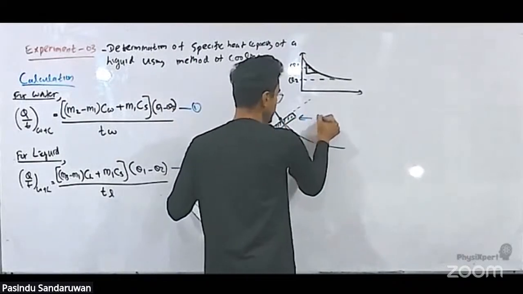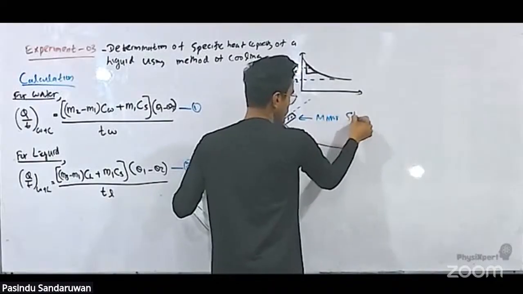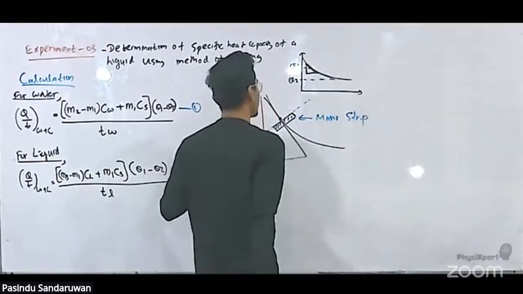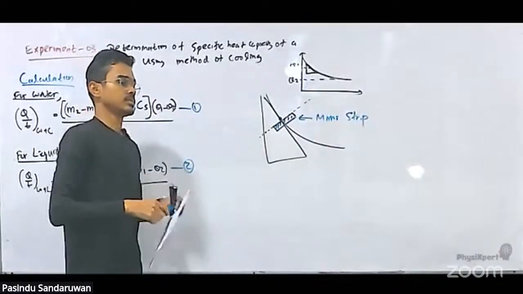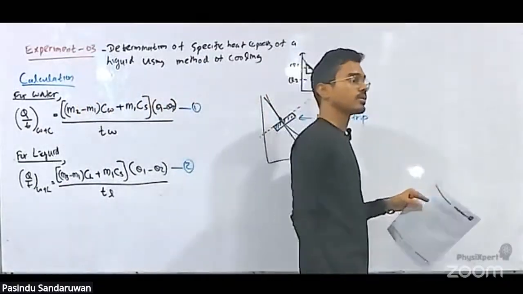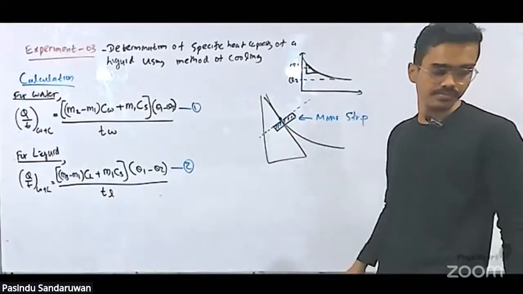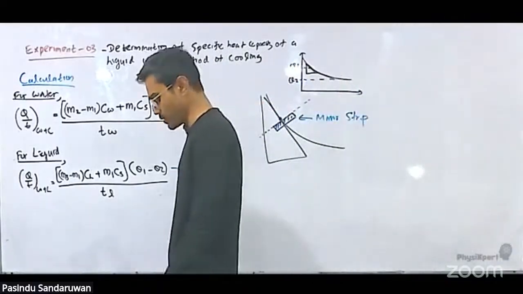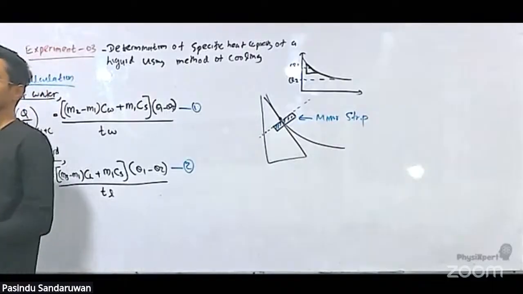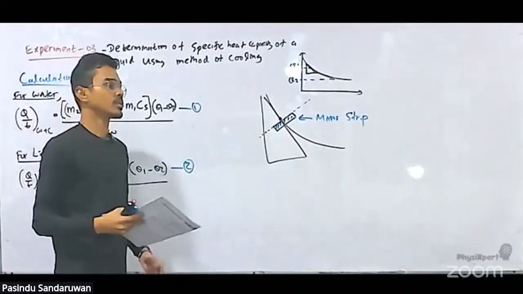Right, this is the mirror strip. Write down as the next point: to have a more accurate value for Cl,